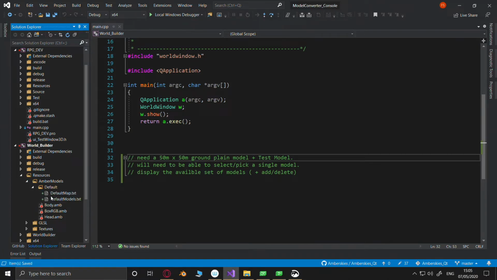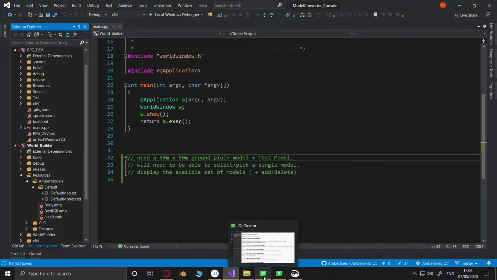So to start off with, we'll be reading these 2 files. Unfortunately, there's nothing in them. So what we're going to need to do in this default folder is put these 2 models.